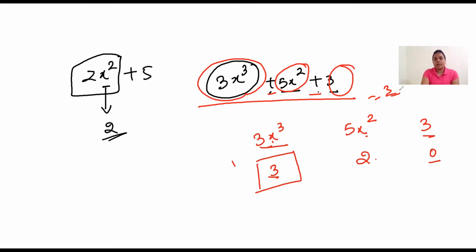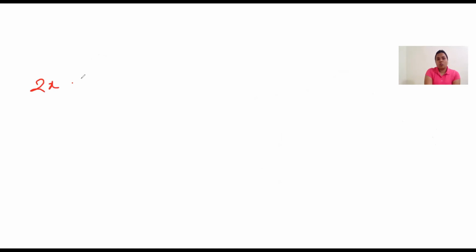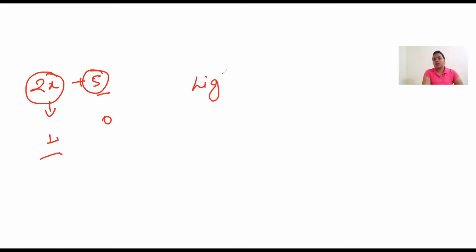I'll give you some more examples. Suppose if I say 2x plus 5. So now you can easily identify which are the terms. First term is 2x and the other term is 5. What is the degree of this term? Degree of this term is 1, as x has the power 1. If nothing is written in the power, it means it is 1. For the constant term, there is no power of x, so it is 0. Now can you tell me what the degree is in this? The degree is 1, as the highest power is 1.